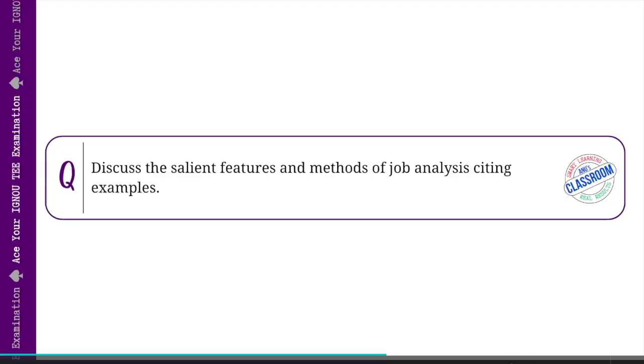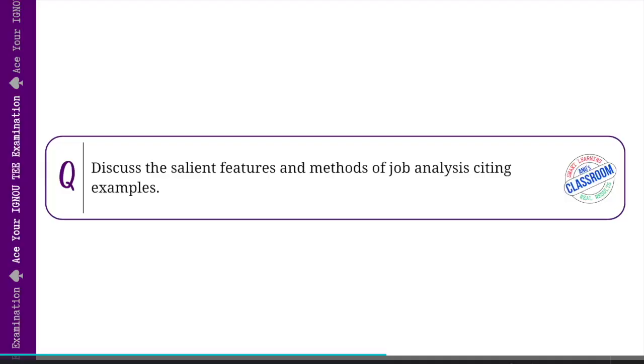Like, for example, now AI is disrupting how jobs used to be done, right? So, we have to redo the job analysis. So, that is why it is a continuous process. Finally, it is the foundation of all HR practices because without good job data, HR strategies are going to wobble like a table that is missing a leg.